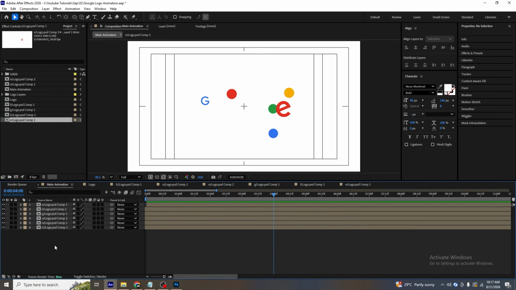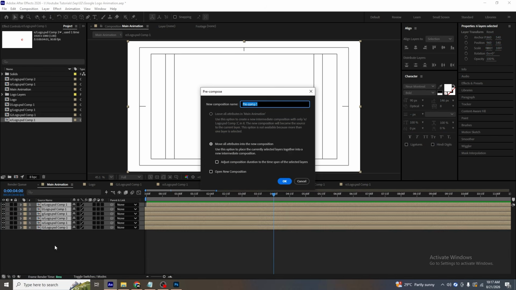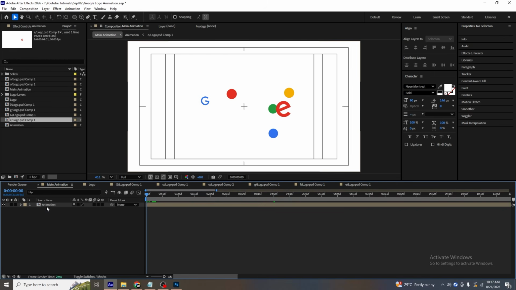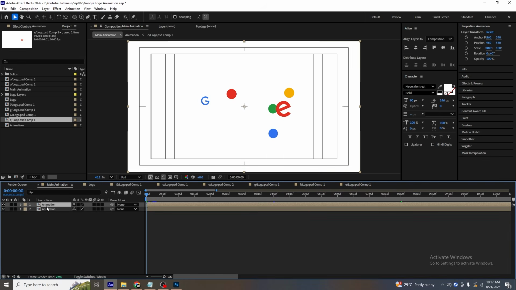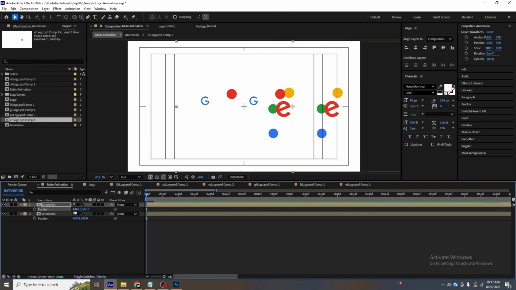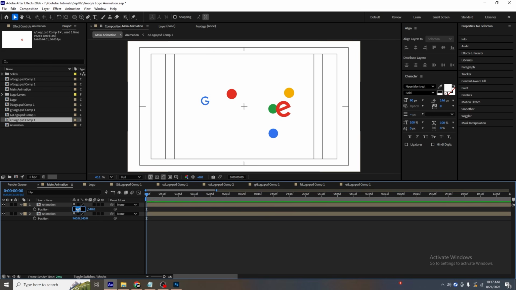Okay. Now I'll select all of them and I'll press Ctrl Shift C and I'm going to call it animation and hit OK. Okay, so this is the first animation. Now let's select these and hit Ctrl D and let's press P over here. Let's select this topmost animation and after that let's type plus 400 in it,